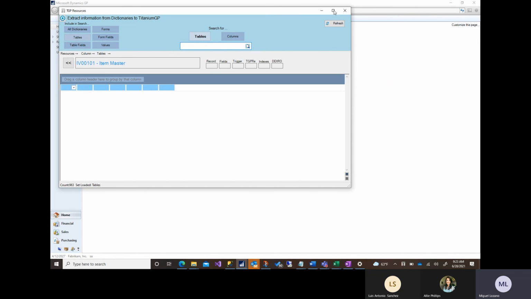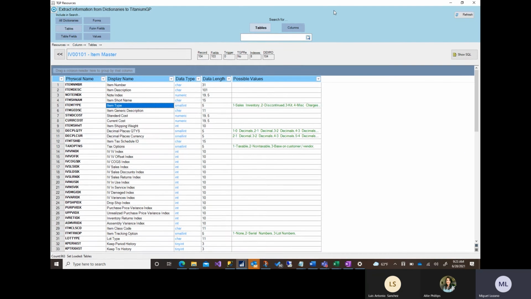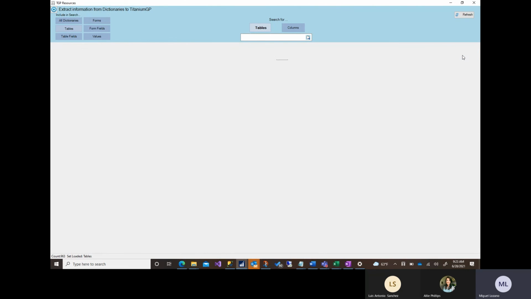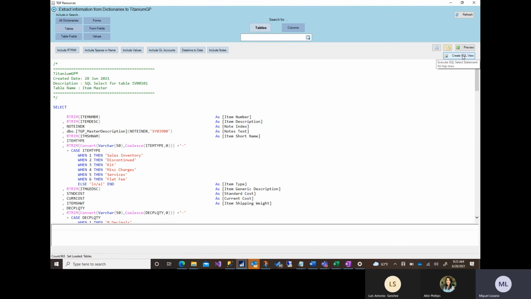and it will show you all the contents of the structure of that table, and it will tell you the possible values. I promise this is a lot faster on a regular computer. You will have the structure, the display name, etc., and the possible values. But the cool thing is this button over here. You click Show SQL, and it will create a SQL statement for you where you are able to go in and run it